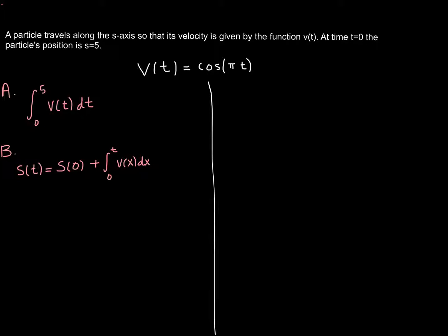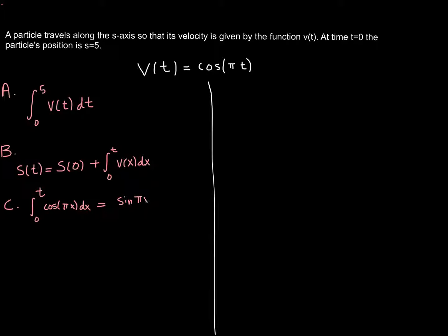Okay, and now in part C, I'm going to actually evaluate this integral over here so that I can write my function in a little bit easier to work with way. So to do that, I'm going to go ahead and evaluate the integral from 0 to t of cosine of pi x dx. Here I need the antiderivative. We've actually found this in a previous lesson. So the antiderivative here is going to be sine